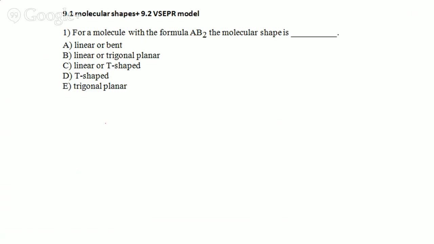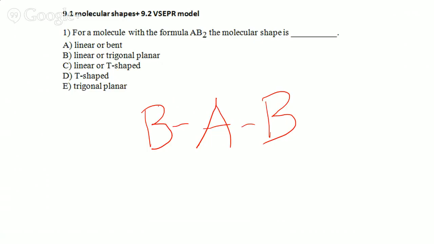Well, let's think about it, all right? If it's AB2, if it had no unshared electrons, it's simply going to be linear, right? The B's are going to spread out as far as they can away from each other. You're going to get a straight line. You could have also had one lone pair on that A, which would take up space, and you get a slightly different shape, which would